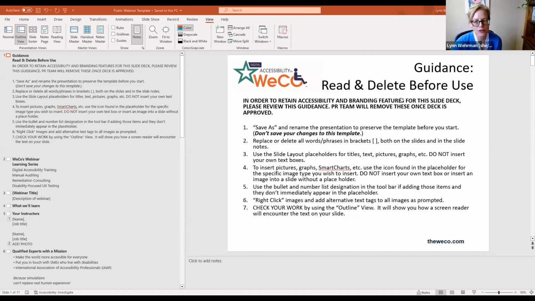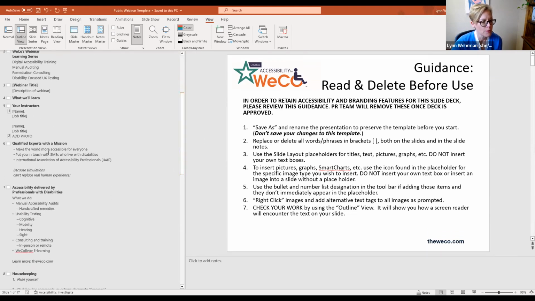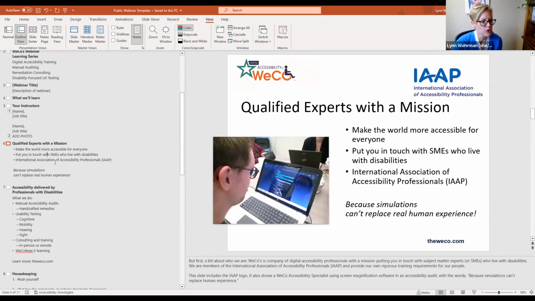So this is all of our guidance where we tell people how to use our PowerPoints. Normally we don't put this much on a slide deck, but to tell them how to structure for accessibility, because we require everything to be accessible in our company. But you can see here, this is actually an interesting one.